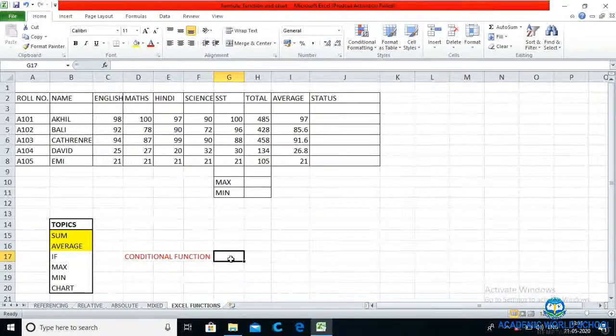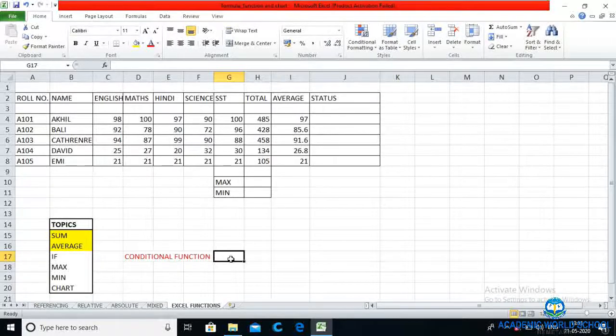And what is this conditional function? Let me give you an example. If somebody asks you, are you hungry? What will be your answer? Either yes or no. Okay, let me give you one more example. The sun rises in the east.